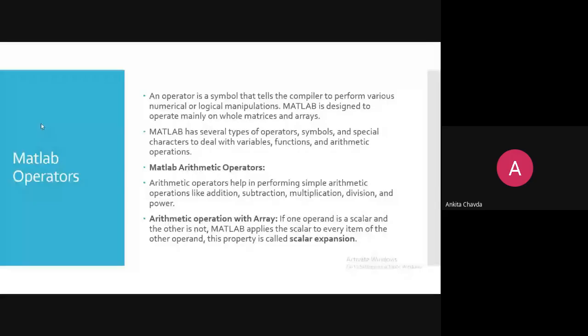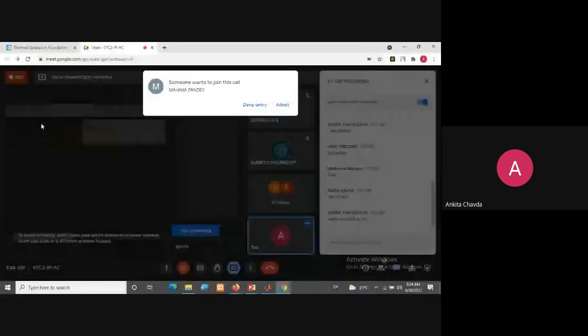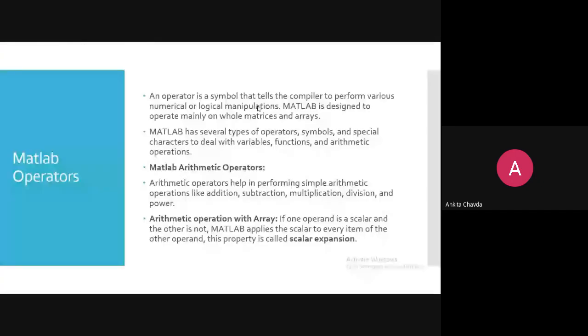MATLAB has several types of operators, symbols, and special characters to deal with variables, functions, and arithmetic operations. The MATLAB arithmetic operators, you already know: plus, minus, multiplication, and division. Nothing new in that.